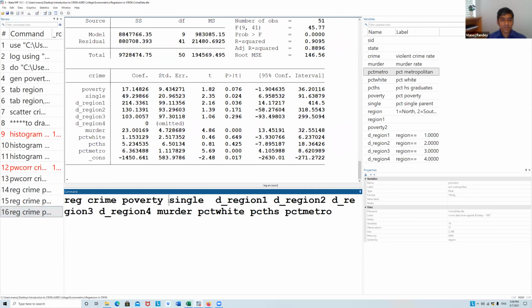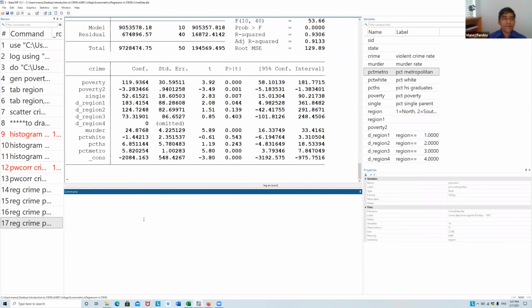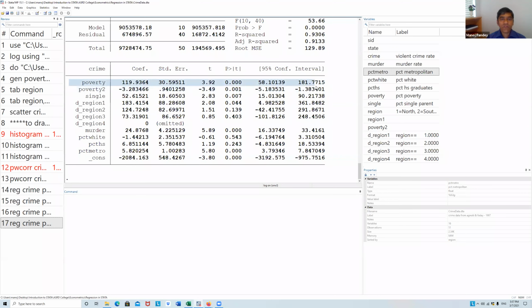I can put poverty square now because I'm now more encouraged to, I'm happy to see that poverty is significant, even though it is significant at 10%, now it is positive and significant, which makes me happy. But then I'm also investigating if non-linearity or the quadratic relationship between poverty and crime exists, which makes sense.